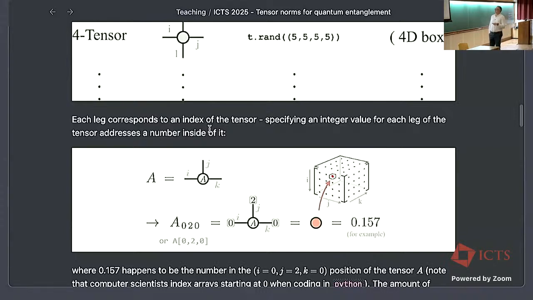Good. So now, if you really want to get an element from this tensor, say the element 0, 2, 0, you just put 0 on the first coordinate, 2 on the second coordinate, and 0 on the third coordinate, and then you get the element 0, 2, 0 of this cube, which has some numerical value. So this is like accessing your tensor at some specific position.